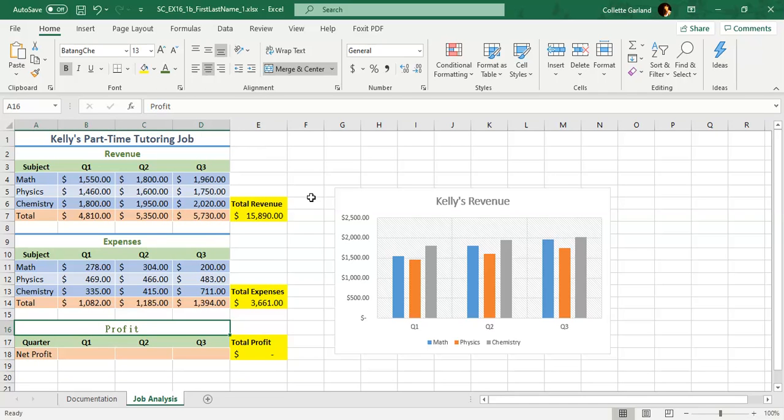Number 12, Kelly was offered another job recently. She has a strong passion for teaching, but she also wants to make a wise financial decision. She will continue tutoring only if she sees that her profit has increased every quarter. In cell B18,